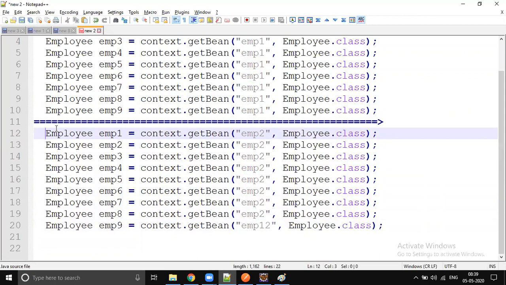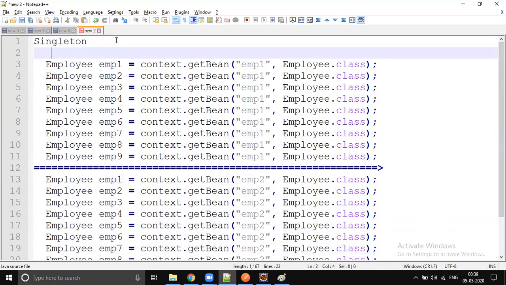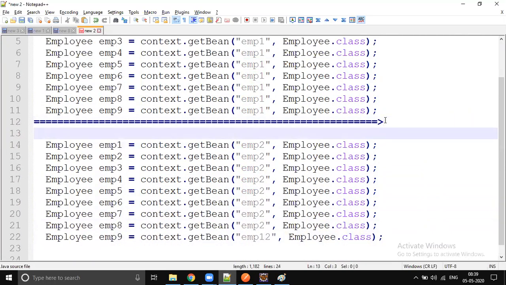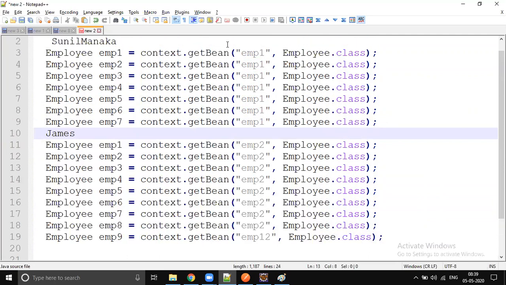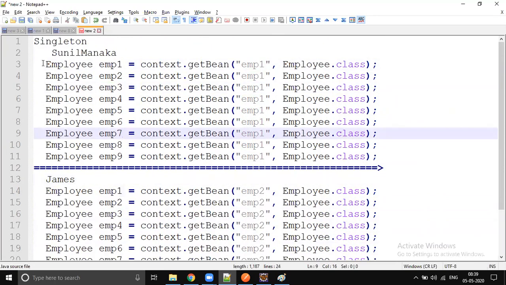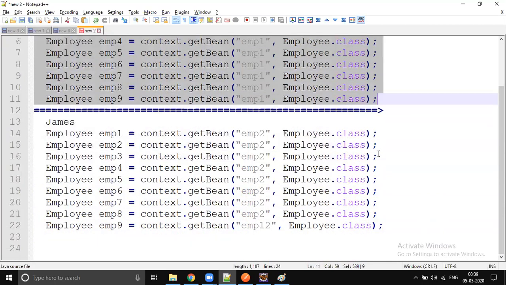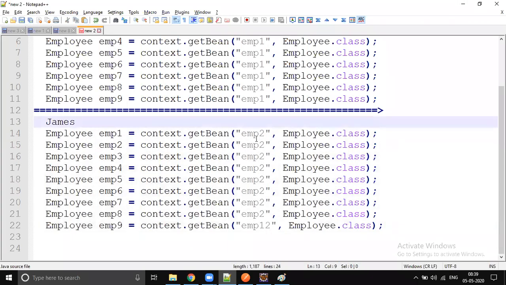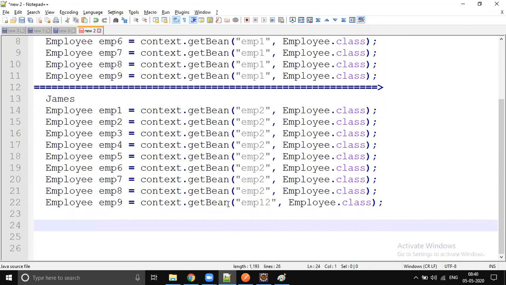employee object only. For example, the first employee name is Sunil Manaka, and the second employee name is James. So how many number of times you do EMP1, EMP2, or whatever it is, in the first case you get the same name Sunil Manaka printed, and in the second case you get the name James printed. So in Spring, singleton is associated with the ID, and how many number of times you are performing the lookup, or how many number of times you do autowire,